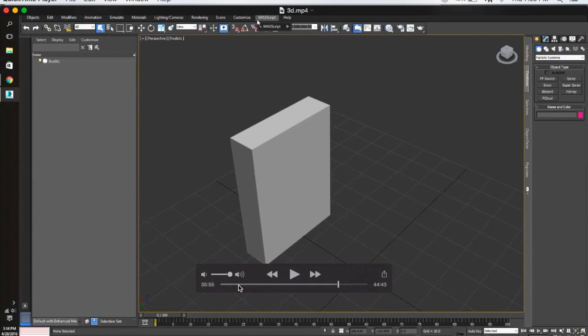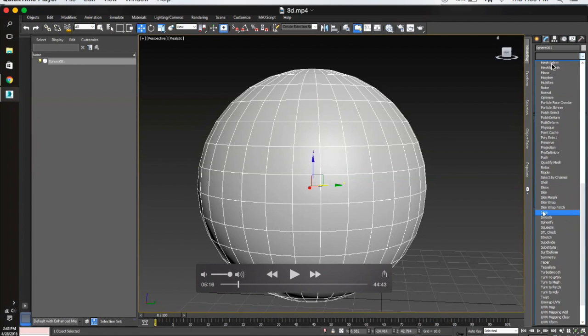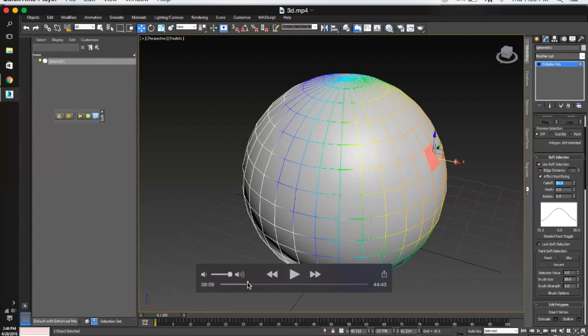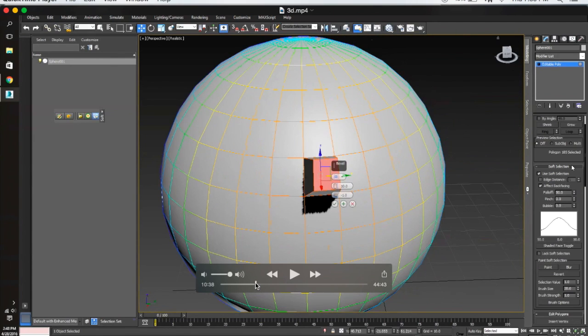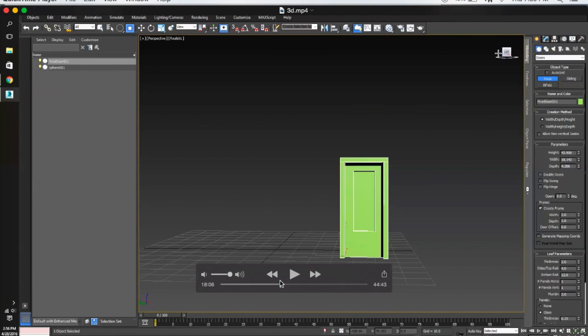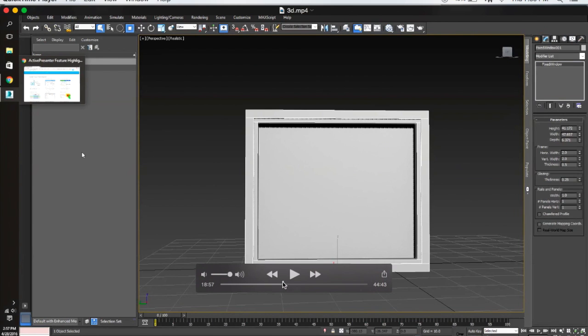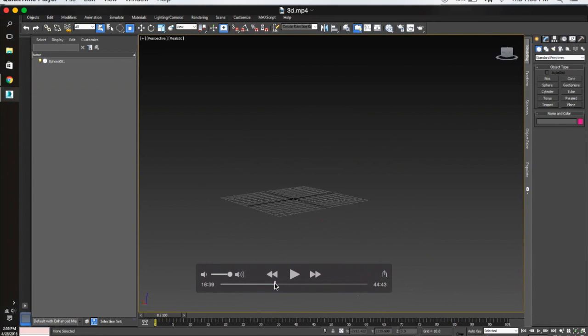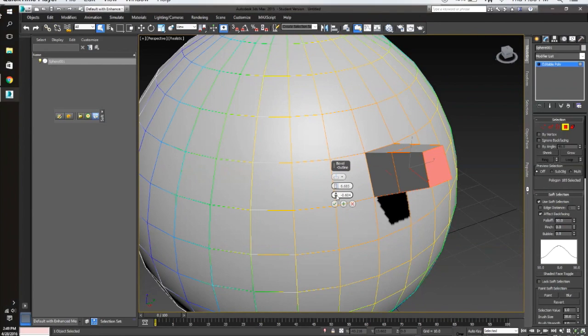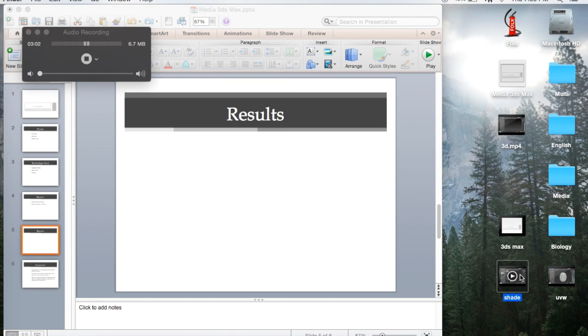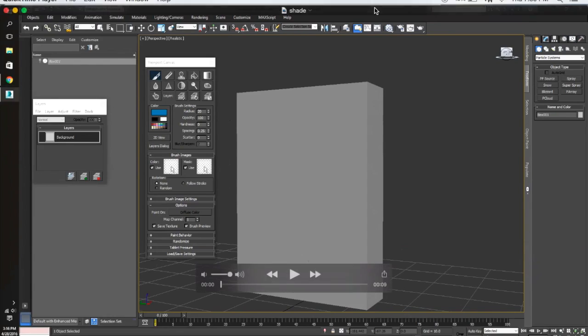I'll show you this. So these are all like the different. There's more than just this, but there's a scroll bar of all these different kind of tools that you can use, and different tools are better for different objects. There's different objects. There's like a sphere, there's a box, there's stairs, there's windows, there's doors, and you can apply your own textures to these objects by using a UV map,